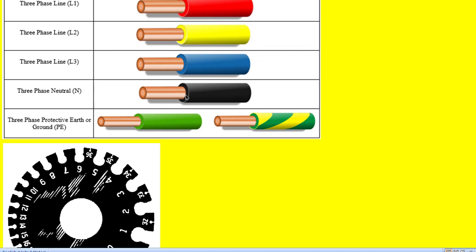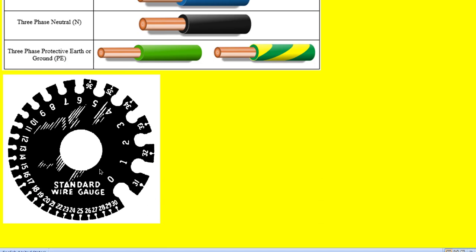And to measure this diameter, a gauge called the wire gauge is used. It looks like this. So if you put this conductor here and if it fits this hole, then we say its gauge is 0. Suppose you put another one here and measure it, and if it is full here, then we say the gauge of that will be 1, like this. So to know its gauge, we put that wire in these holes.